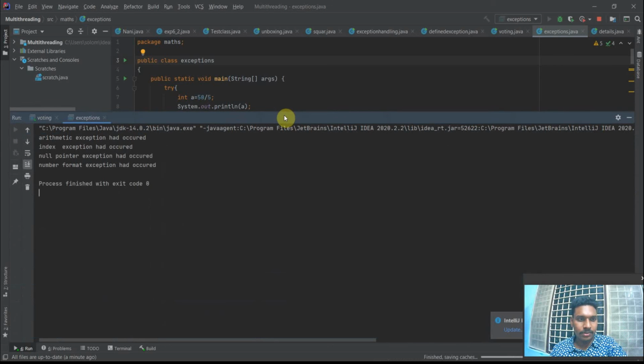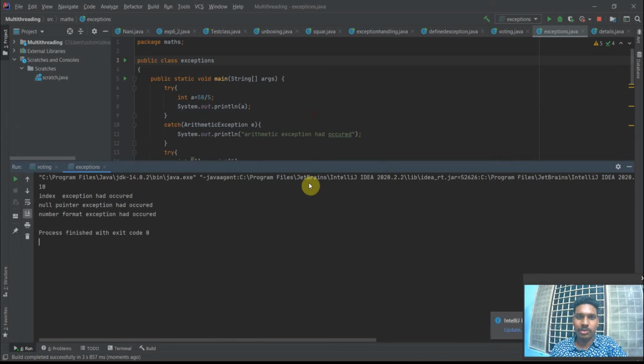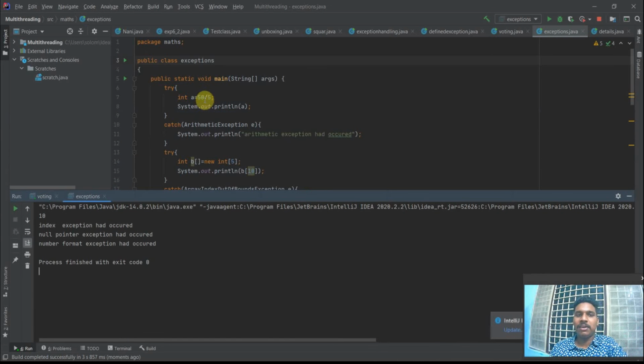Hopefully no errors. So you can see here, if this code is going to be correct, now I'm multiplying 50 divided by 5. So this is divisible, this is possible, right? 50 divided by 5 is nothing but 10. So 10 will be printed here, and this exception case will not occur, because when this becomes true, only this statement will be completed, and it will come to the next try catch